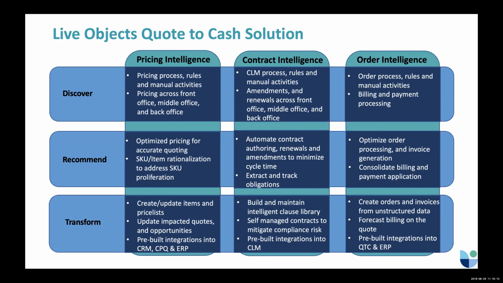So the ultimate thing in the contract maturity model is you want to target a self-managed contract, which can manage itself using the platform like this, with self-managed process optimization. Similarly, in order management, you have many order processing rules, and billing and payment processing, where the system can read PDF invoices or PDF orders and create those transactions in the system,